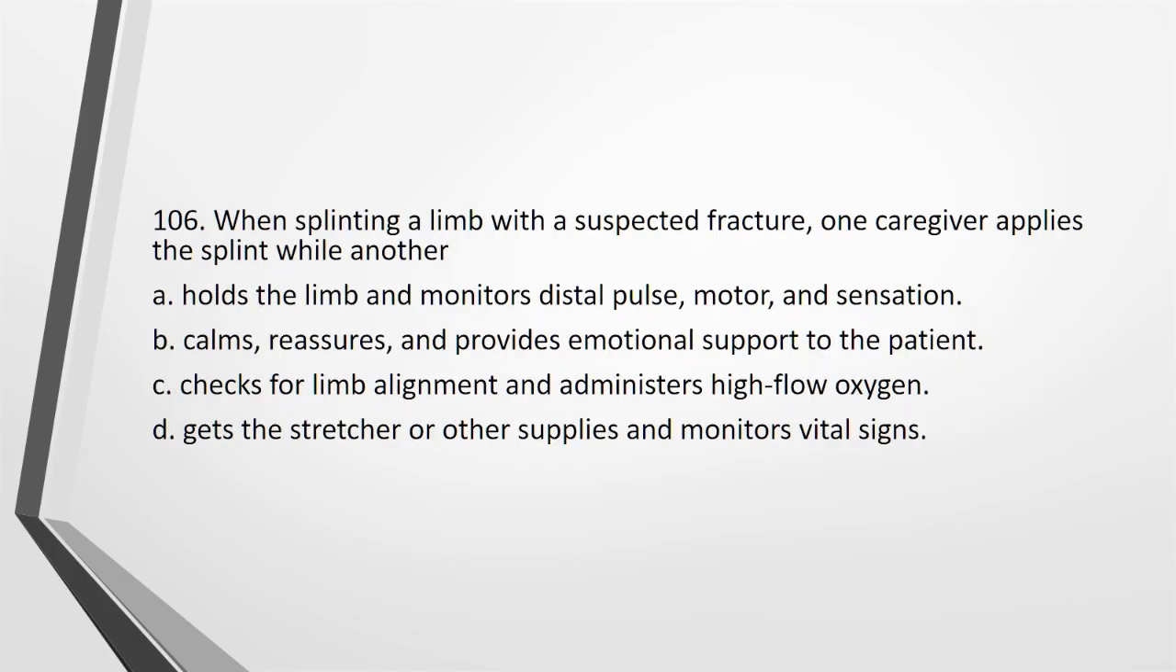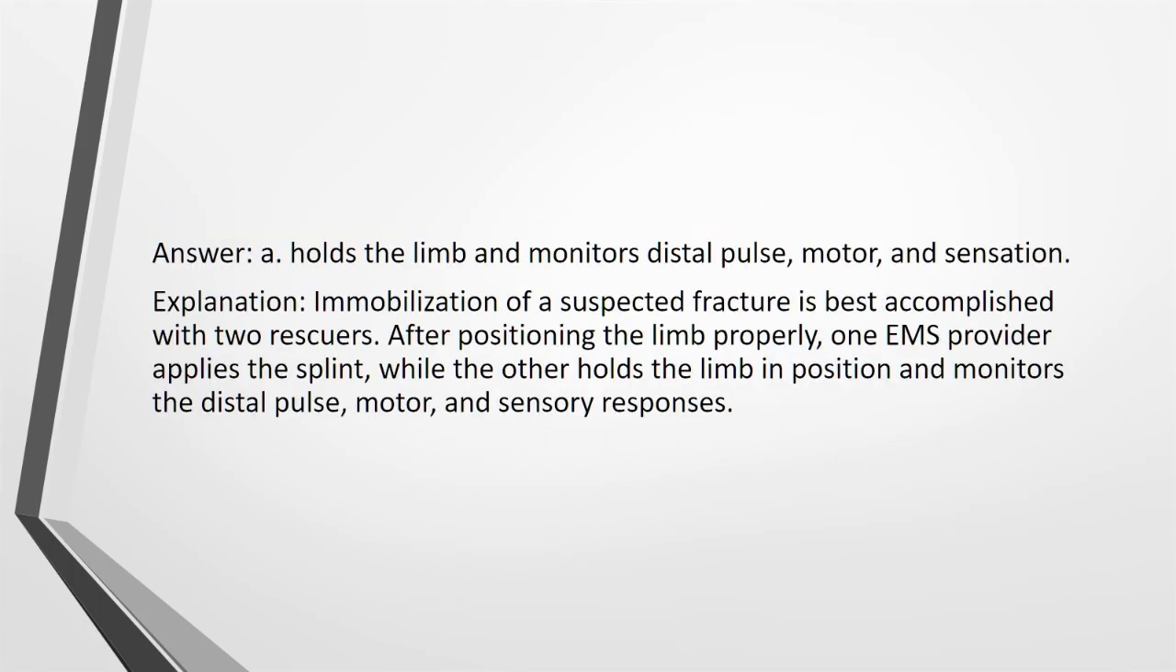106. When splinting a limb with a suspected fracture, one caregiver applies the splint while another A. holds the limb and monitors distal pulse, motor, and sensation. B. calms, reassures, and provides emotional support to the patient. C. checks for limb alignment and administers high-flow oxygen. D. gets the stretcher or other supplies and monitors vital signs. Answer: